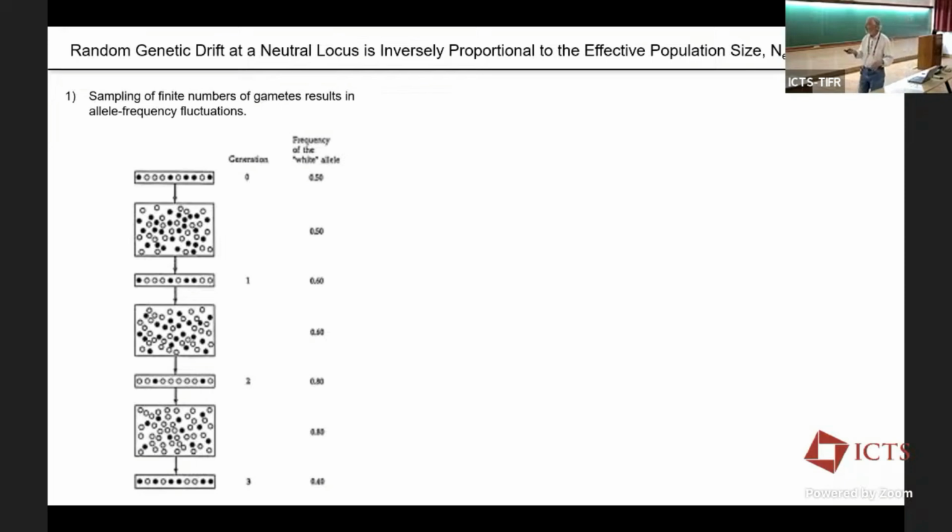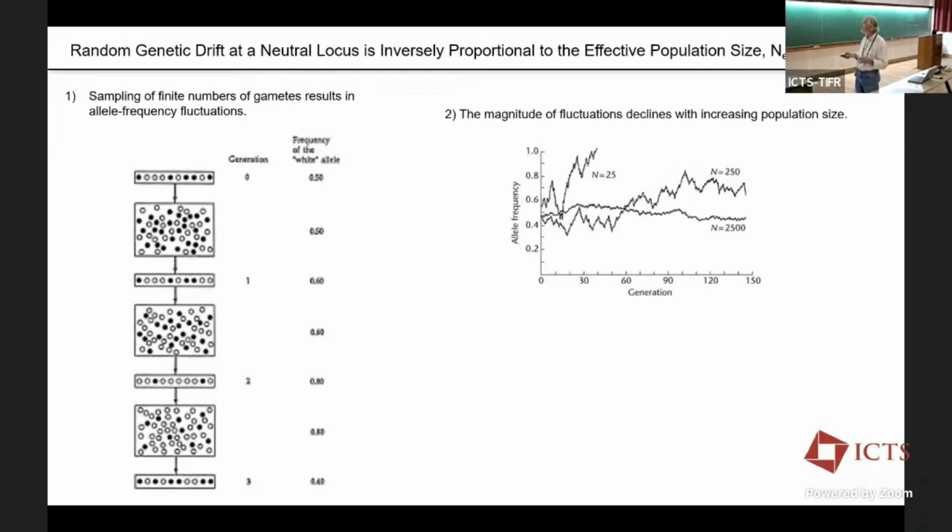So what's going on here, in this cartoon view, is we have a very small population of just 10 individuals up here. Let me see if I can get the pointer working. And then those 10 individuals produce a gamete storm, but the environment can only hold 10, so we sample 10 random balls from here. And you see the allele frequencies are 50-50 here, and after one generation, it's bounced to 0.6, and then we repeat this and repeat this, and these numbers are bouncing around. And eventually, over time, we'll lose one of these types or the other, unless they're maintained by some kind of balancing selection. But right now, I'm looking at the pure case of random genetic drift.